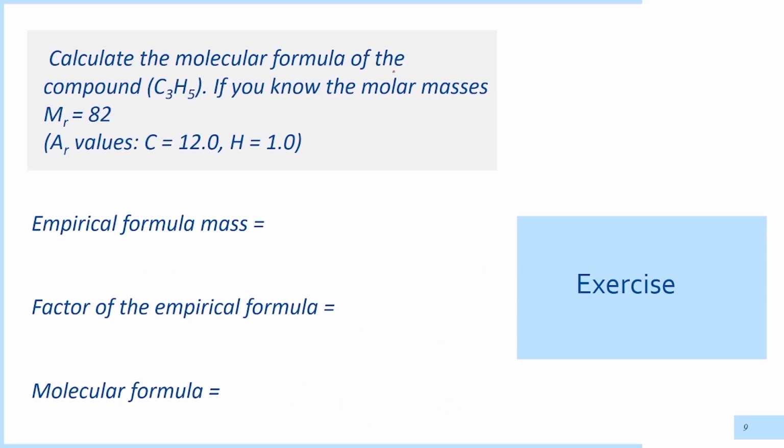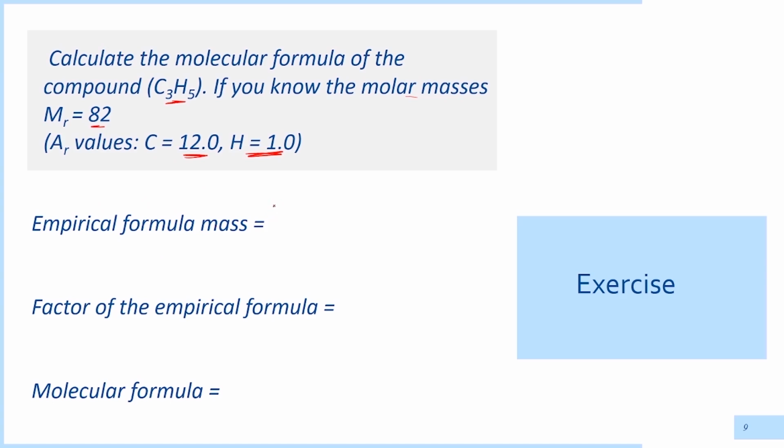Let's solve this example. Calculate the molecular formula of the compound C3H5 if you know that the molar mass Mr is equal to 82 and the relative atomic masses for carbon is equal to 12 and for hydrogen is equal to 1. Similar to the previous example,